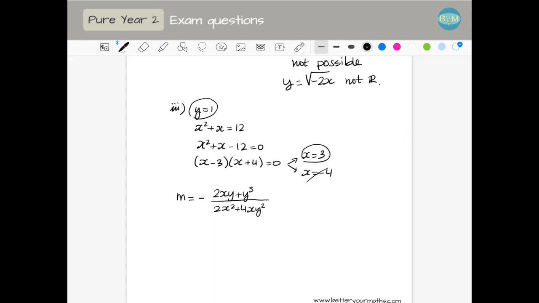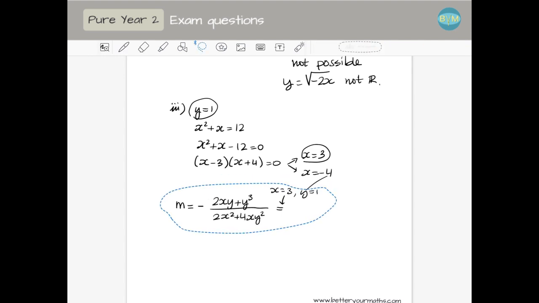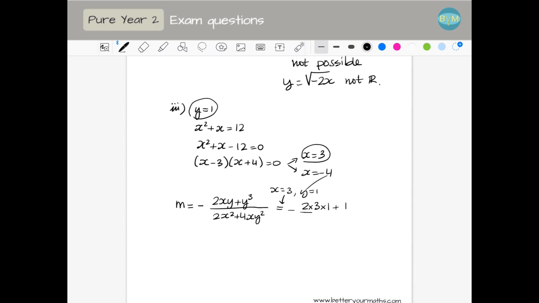I'm just going to substitute x is 3 and y is 1. I have minus 2 times 3 times 1 plus 1 divided by 2 times 3 squared plus 4 times 3 times 1 squared,